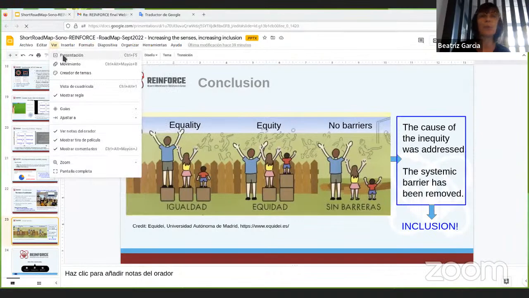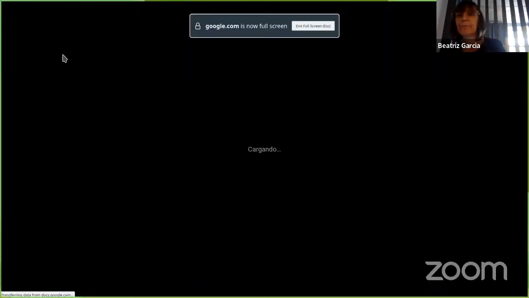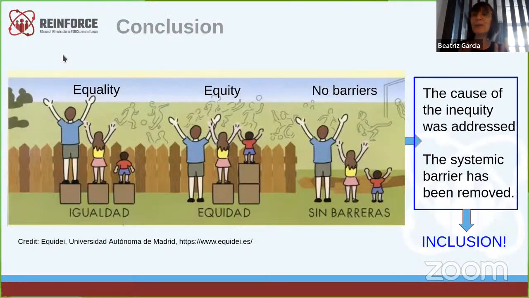Permit me to put this in this way. I changed a little because we are now in the football way, but as you can see, inclusion is more than giving all the tools.